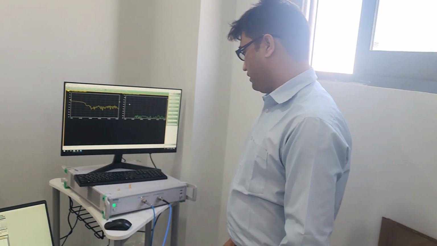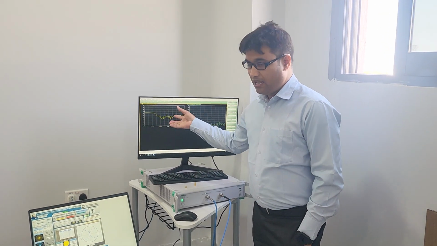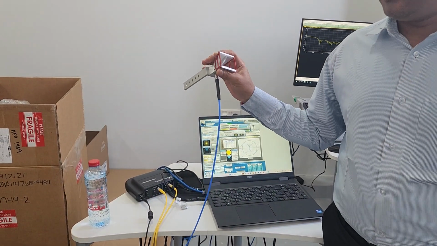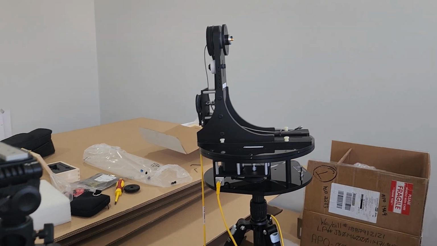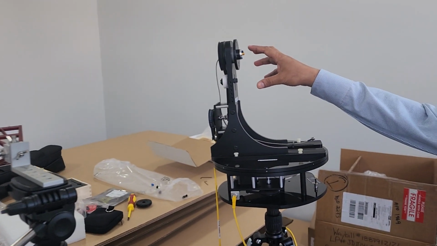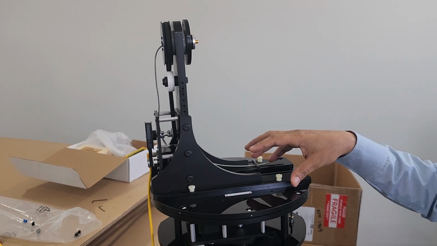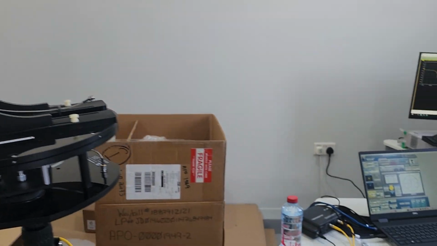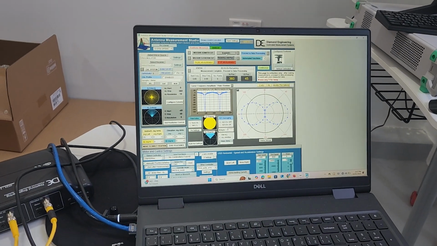time of the receiving. On these two vector analyzers, there is software here, and for measuring the antenna, for example, we have two antennas here, and this is called the antenna stage. It is automatically controlled, and this is a completely automatic setup. What we are going to do is make the programming so they can move x and y, which is called the elevation angle and the azimuth angle, and at the same time they are going to measure it. For example, here you can start with the scanning,